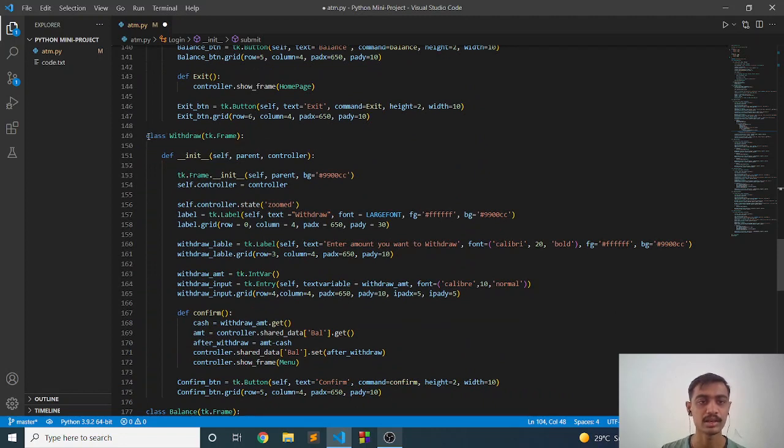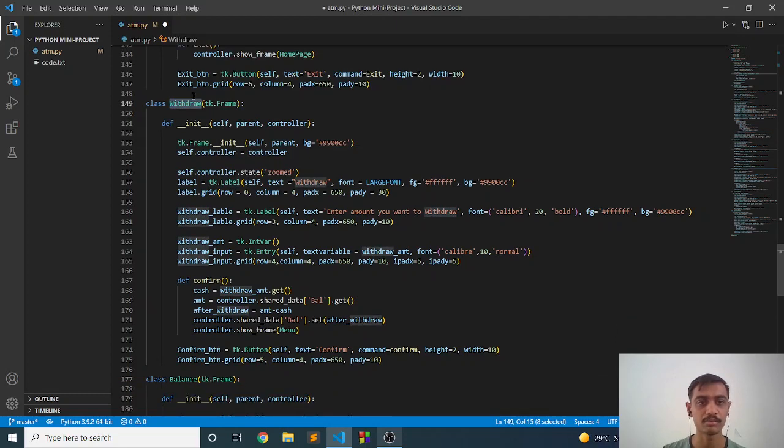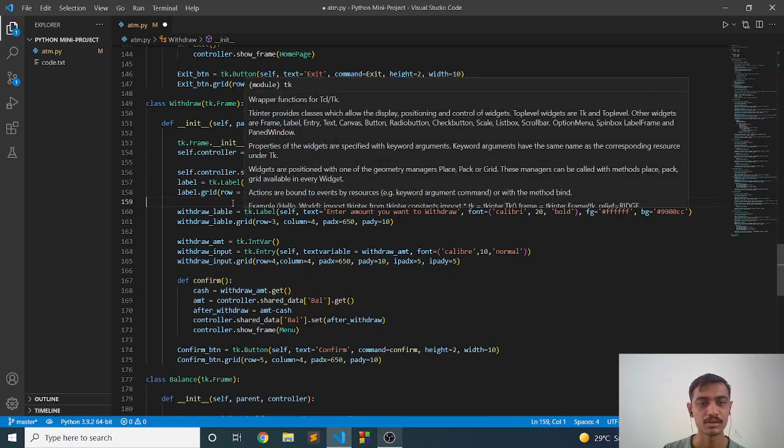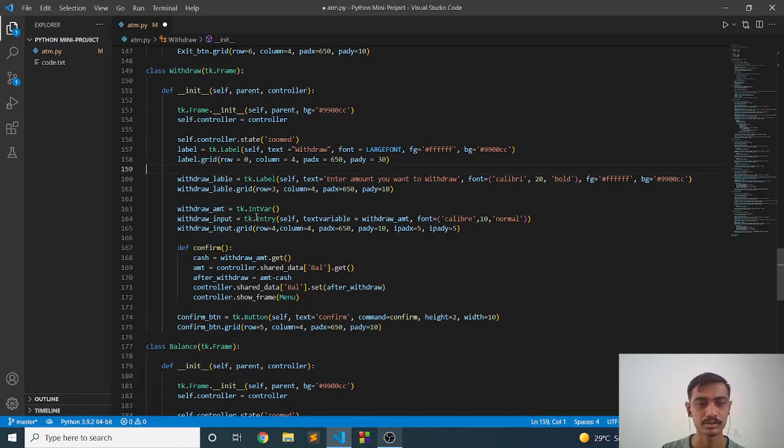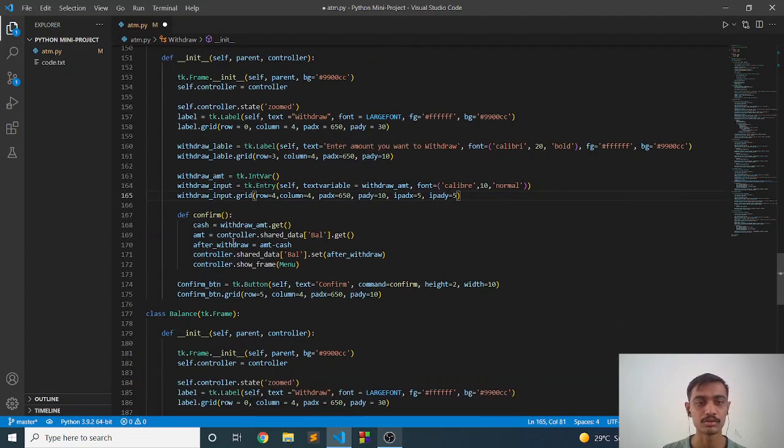So when the user clicks the withdraw button, he or she will be transferred to this page, withdraw page, in which we will have an input entry box which will take the amount that our user wants to withdraw.